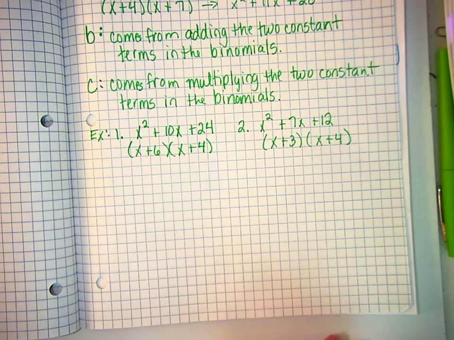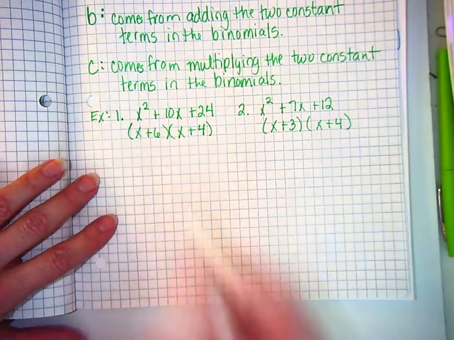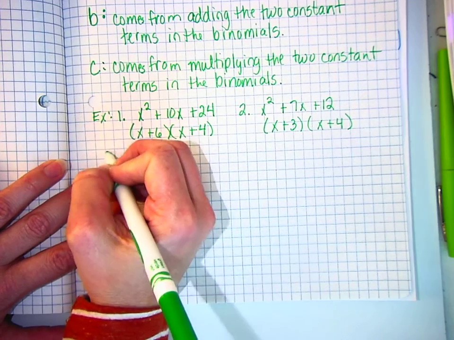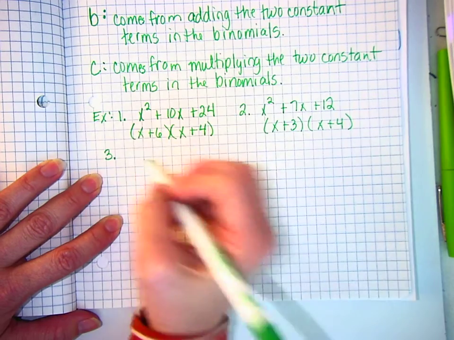All right, here we go. I'm going to throw in a minus sign. Number 3. I have x squared